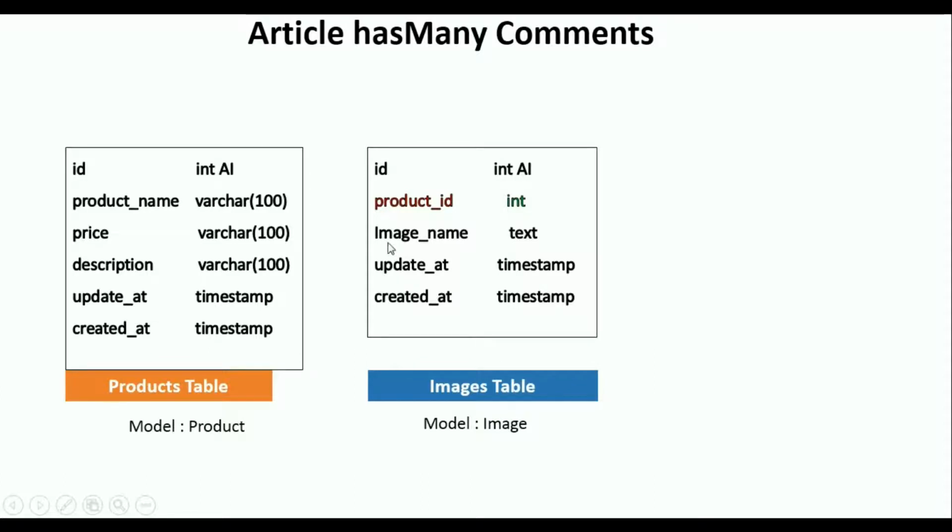And in the child table, very importantly, you have to create one field called product_id. The product_id is the name of the foreign key. Why is it called product_id? Because the name of the model of the products table is Product. So that's why product is the model name and then _id. This is one important point you have to take care of to implement the has many relationship.